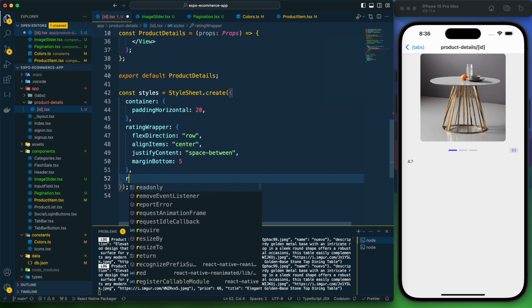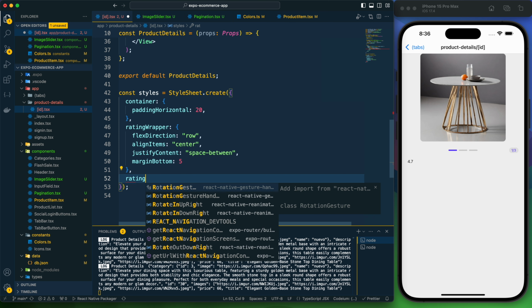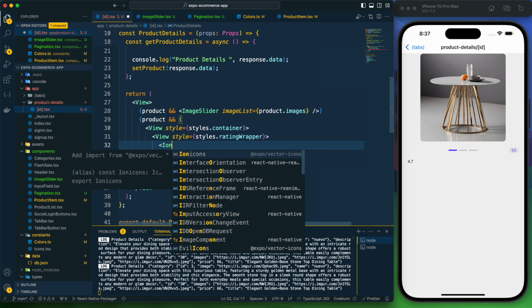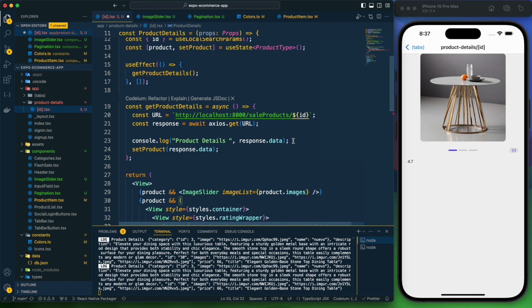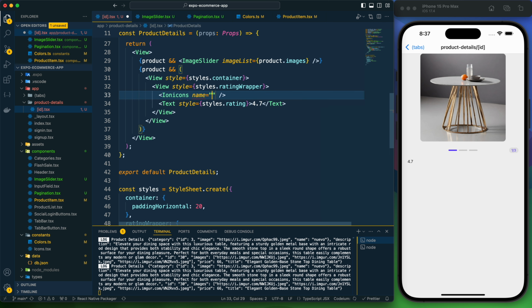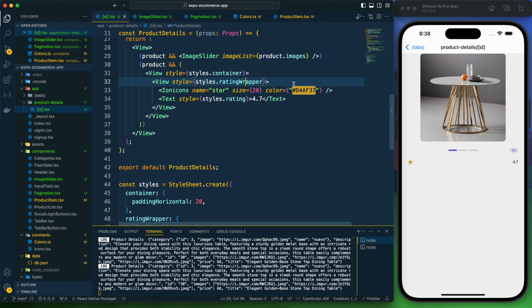And now after this, I need to provide the style for the rating. But before that, before the rating, I need to provide an icon. So I will import the icon from vector icons. Then let's provide star icon, and the size of it 20, and this is the color which I will provide for the icon. And here within the rating wrapper, I will provide another icon here, which will be the favorite